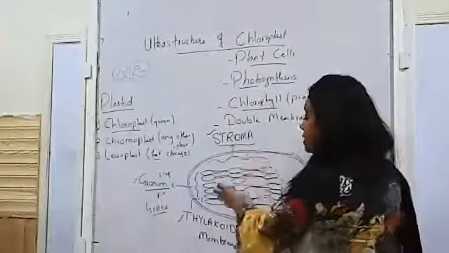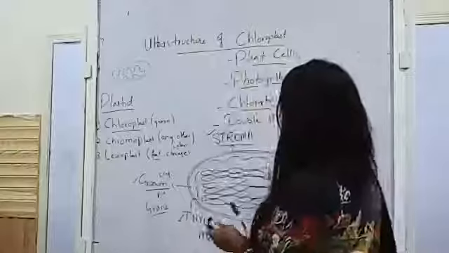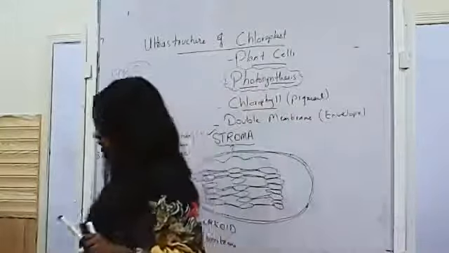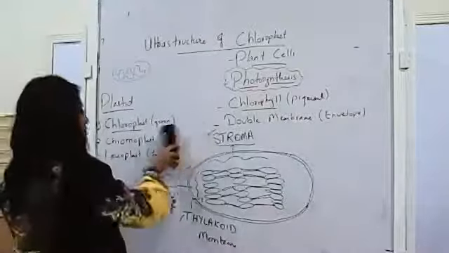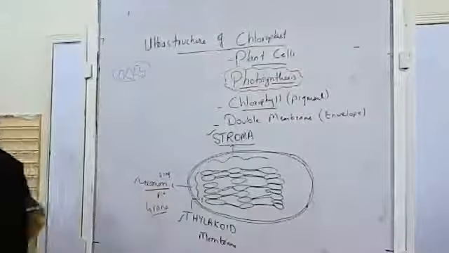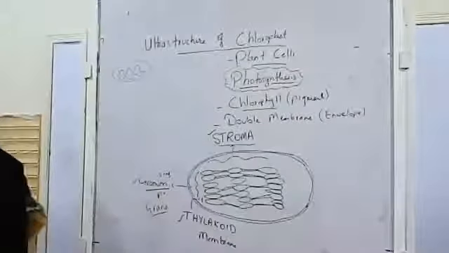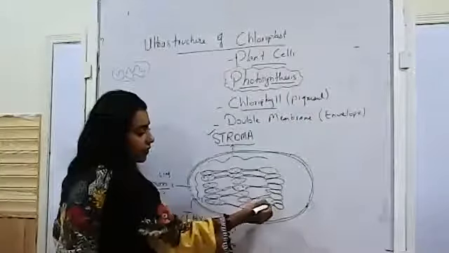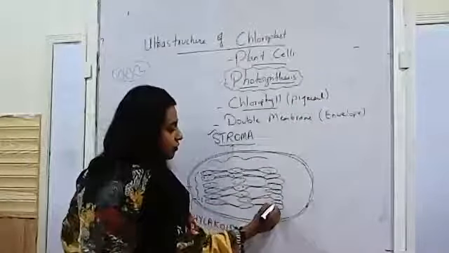How does this chloroplast function now? What is the function? Like I told you, the function is photosynthesis. It has to make food. It is the food making factory for the plants, right? Now, how does it make food? That's what we'll be studying. So basically, I told you that these grana or thylakoid membranes contain the enzymes that are responsible for photosynthesis, and they contain chlorophyll, the pigment. So chlorophyll is present in them.